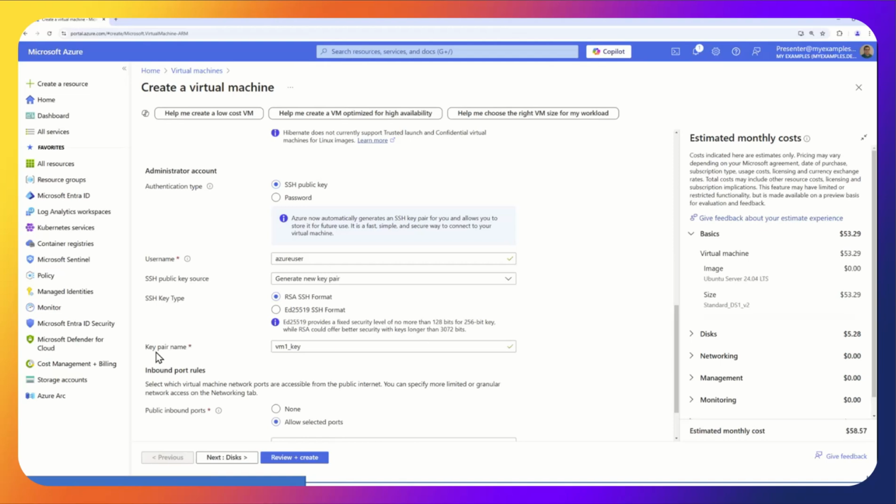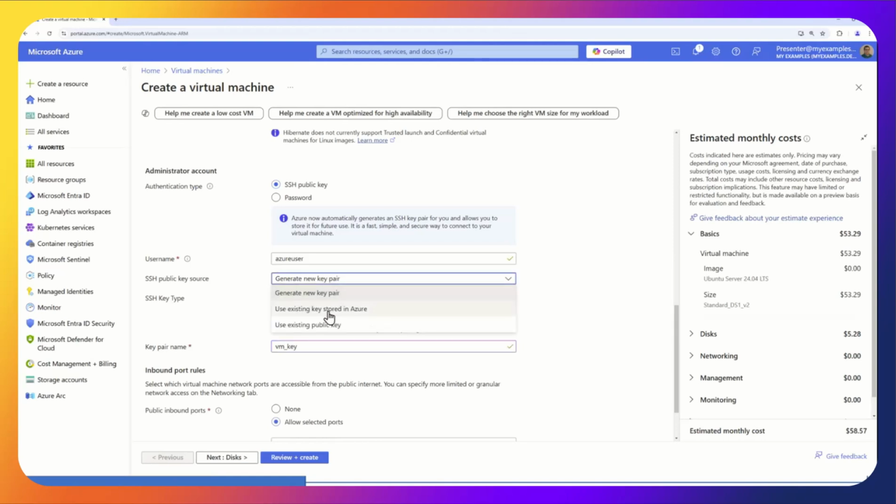So when you connect to a Linux machine, you usually connect via SSH. I'm going to have it generate a new key pair. In this case, I'm going to keep them named VM key. I'm going to use the same key pair for each machine I create, so I don't have to juggle all the machines. But since I've already done this, this is the first time you did it.